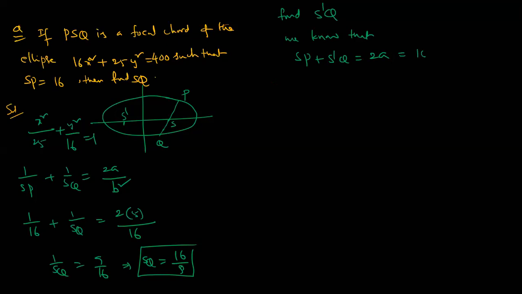10. So SP is how much? Anyone? So in this case, we should take the SQ definition. Okay, SQ plus S dash Q. So SQ is how much? 16 by 9 plus this, the question, is equal to 10. So find out S dash Q: 10 minus 16 by 9, that is 74 by 9 is coming. Excellent. Those who are getting the answer.